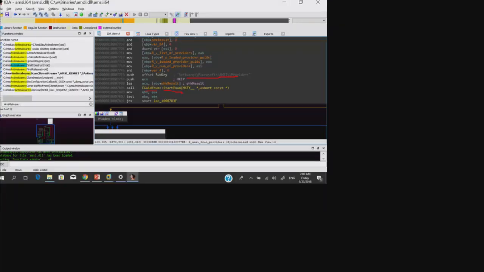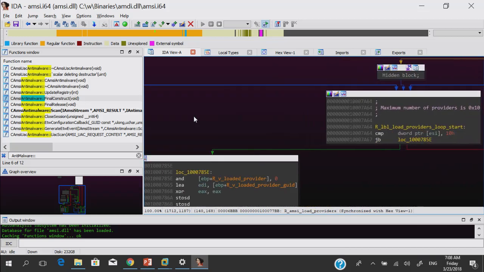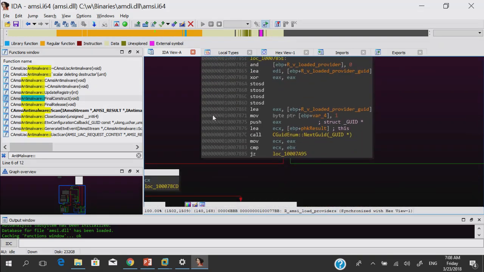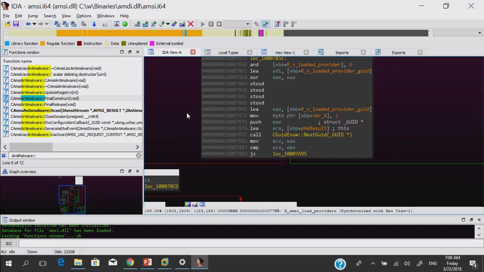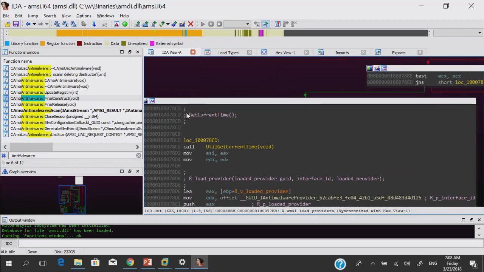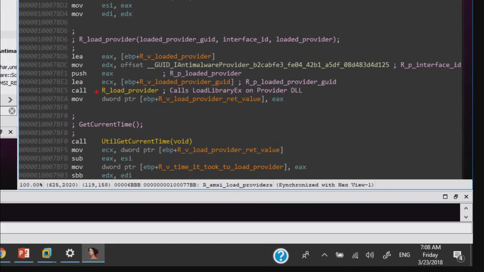So if we move on down, we can see that after the initialization takes place, we call the function next GUID, which will bring the next GUID in the list. And once we have this GUID, we're going to call a function that I've labeled load provider, which receives the GUID to load and the provider that was loaded.